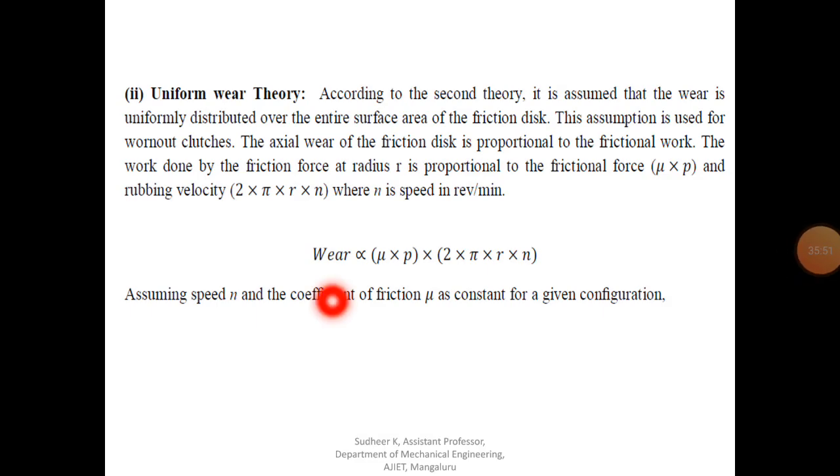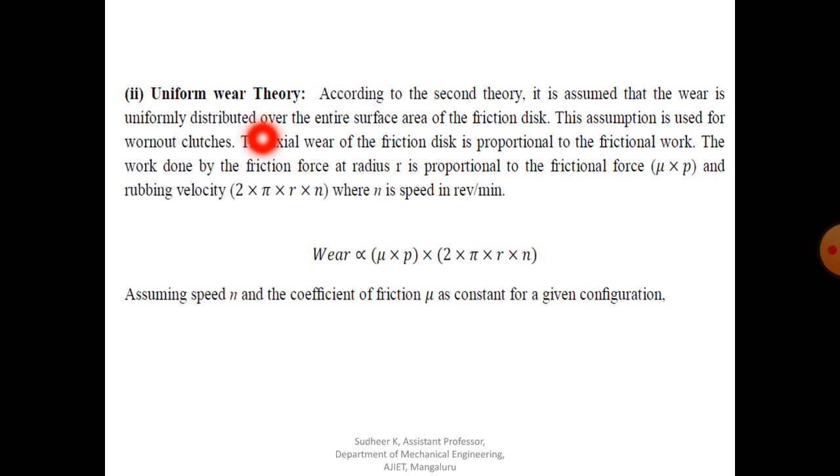Now coming to one more theory, that is the uniform wear theory. According to this second theory, it is assumed that wear is uniformly distributed over the entire surface area of the friction disk. This assumption is used for worn-out clutches. All of you make a note, very important thing: if they have not mentioned which theory you have to use, always go for the uniform wear theory,